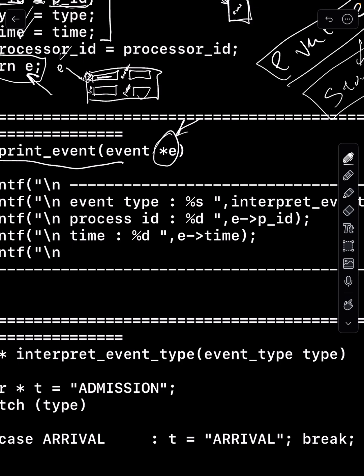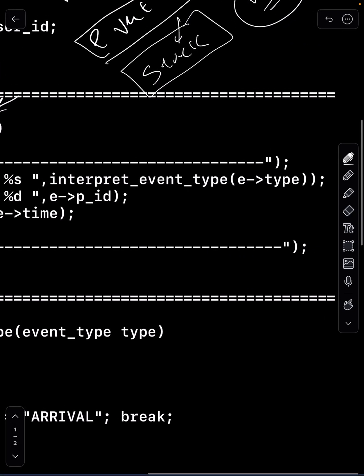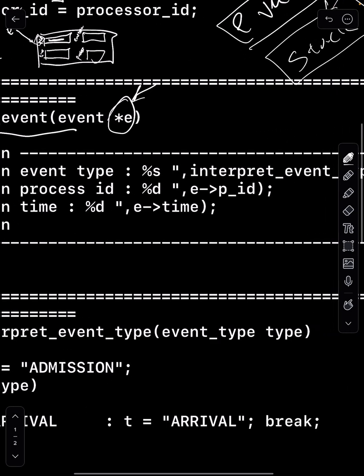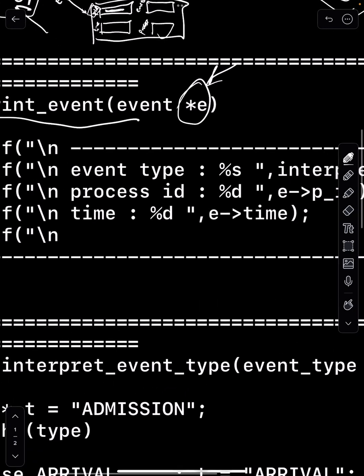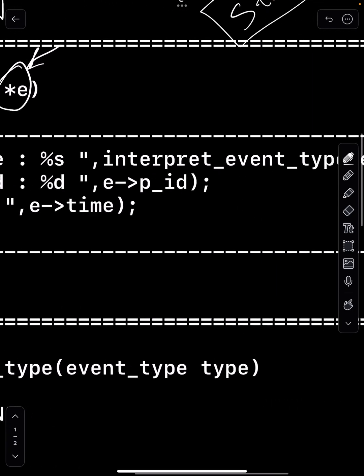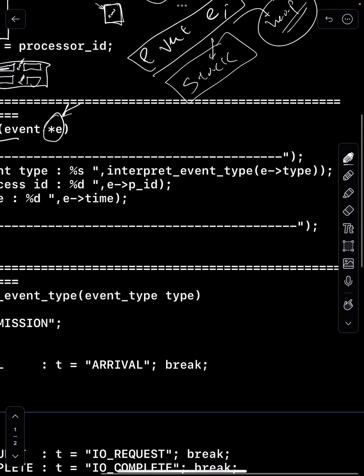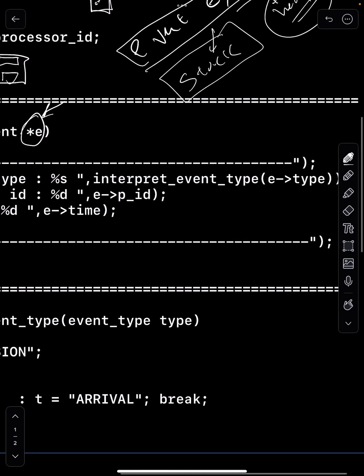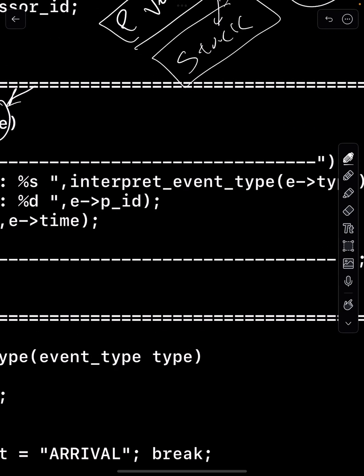But when you send the pointer, you're not sending a copy. You're not creating a copy. Okay, so I'm saving a lot of memory, which makes your program much faster, as you will see in later chapters in OS. See, learning OS, by the way, will make you a much better programmer, because you understand exactly how things work in